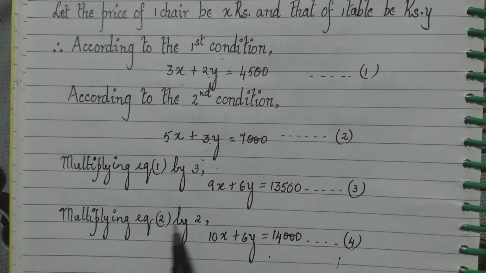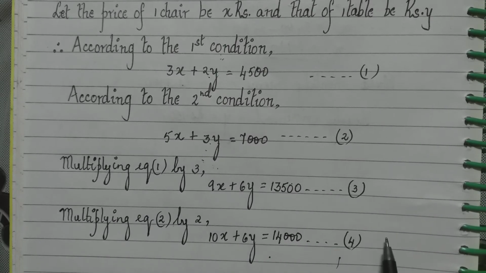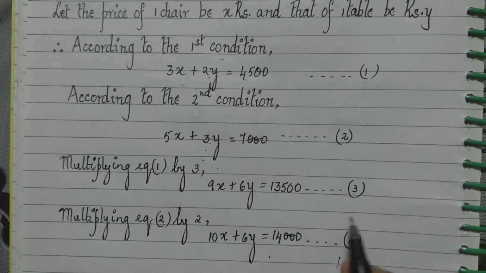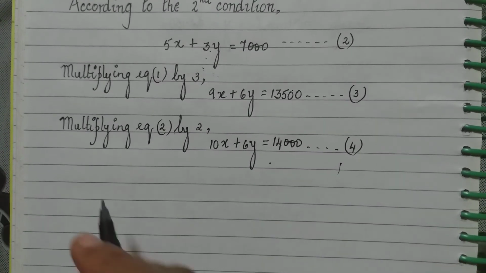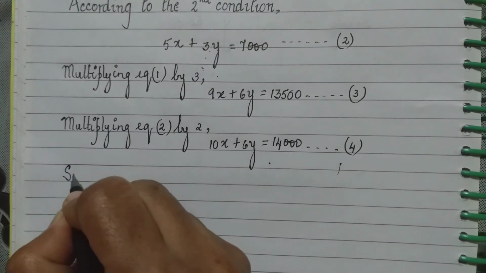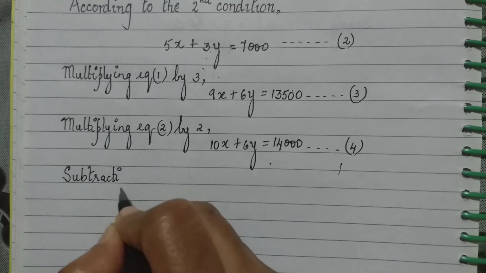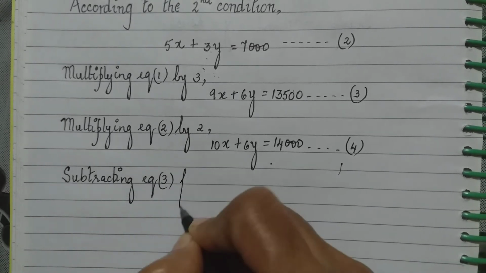So what will I write? Subtracting equation 3 from equation 4. Always when we write subtracting, we have to remember, we have to use the word from. Which one we are subtracting from which? Subtracting equation 3 from equation 4. So I write here subtracting equation 3 from